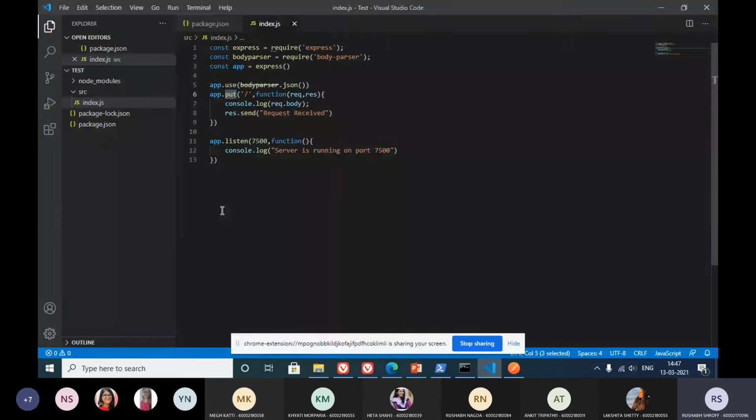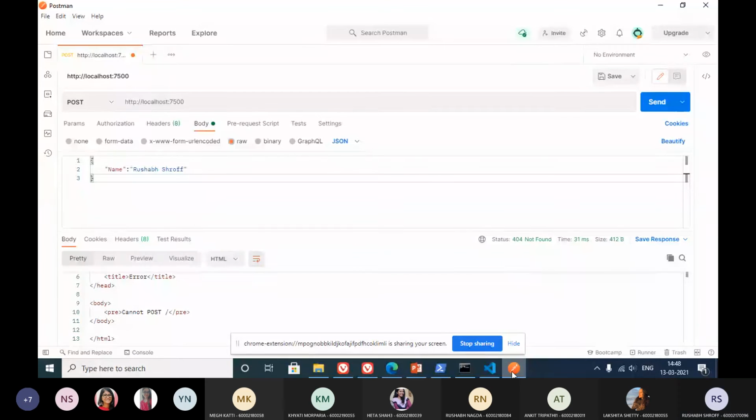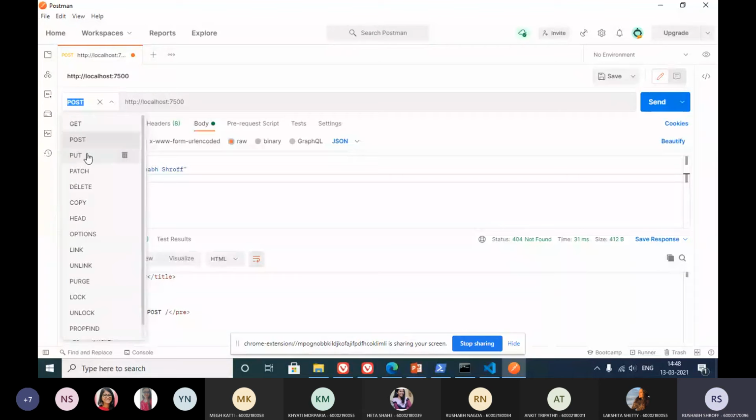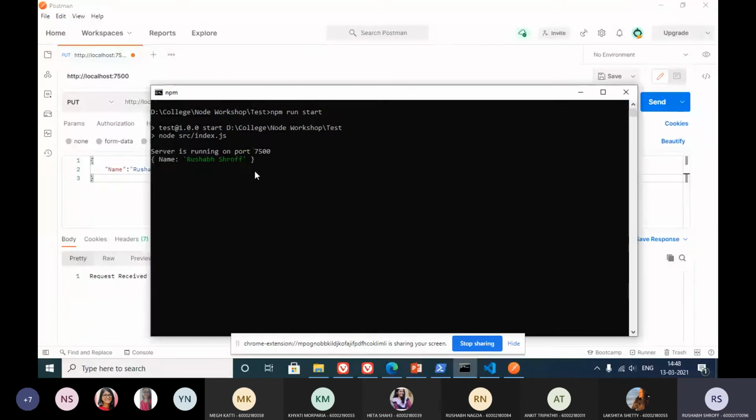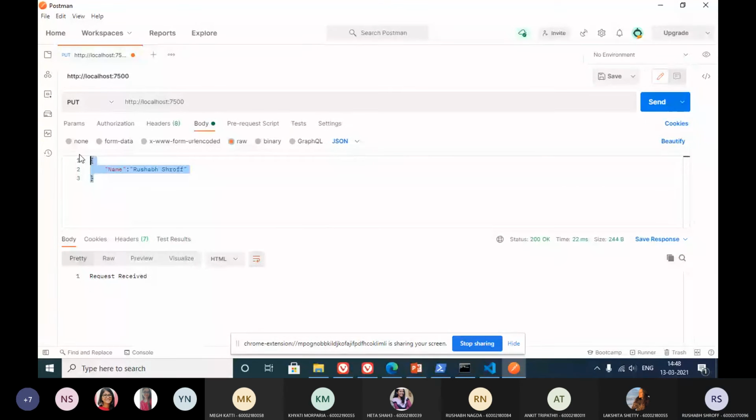But with post and put requests, it is pre-assumed that when you get a put request, you are supposed to create a new object or replace the object. And whenever you get a post request, you are supposed to update this object. So you're going to look for a unique ID inside the body, and accordingly you will update the object. So we'll now change this to put and again send a request, and we've received the response over here that we had sent from here.